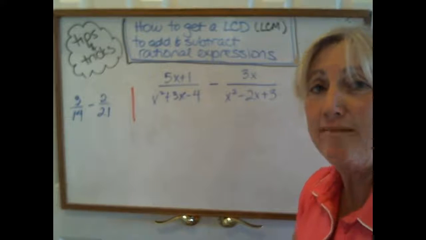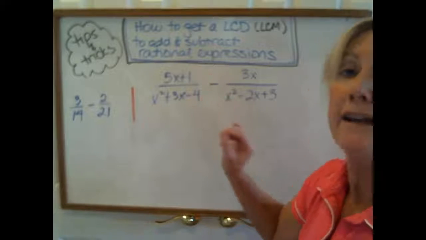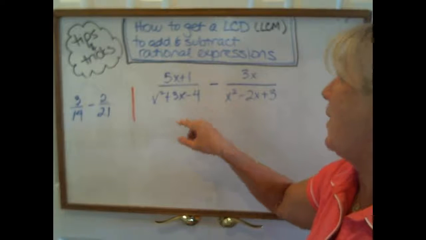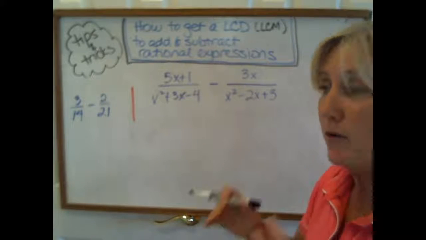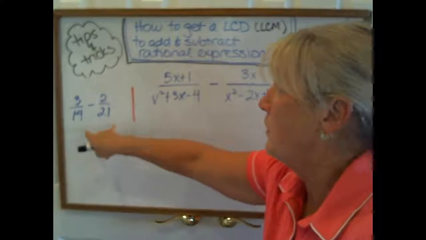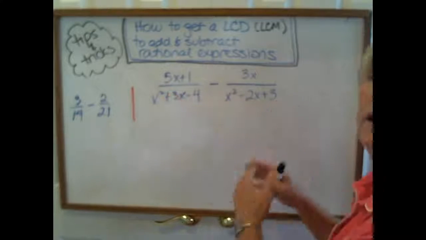Hi, it's me again, and this time we get the really fun stuff. We're going to be adding and subtracting rational expressions without like denominators. The hard part of this is getting the common denominator. So what I'm going to do is start with a numerical example and then move over to an example with